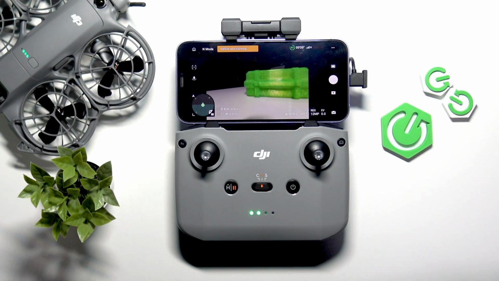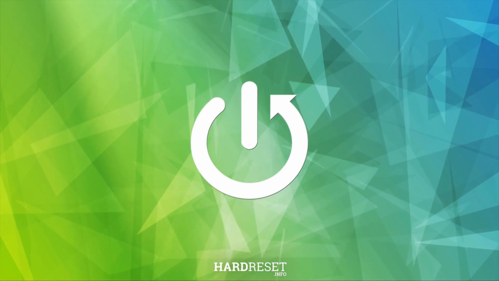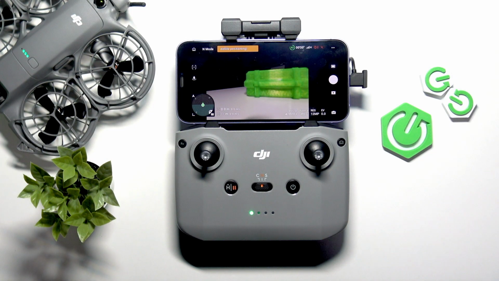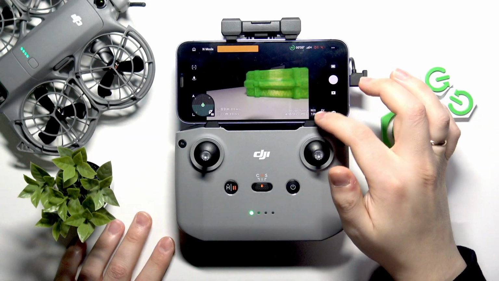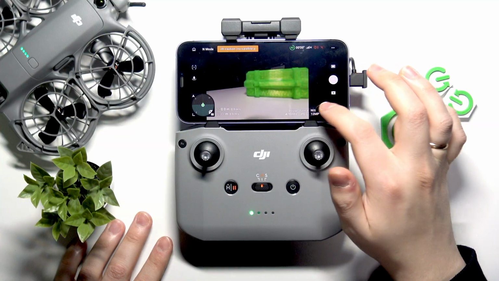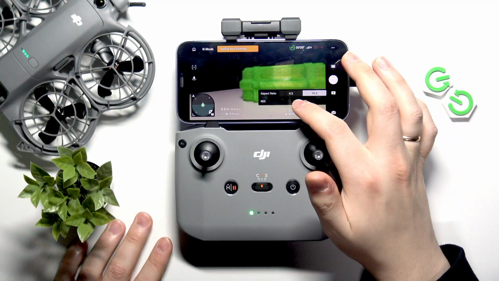This is DJI Neo 2 Fly More combo, and today I'll show how you can change the photo mode aspect ratio on this drone. So while in the automatic camera mode, just look at the available preferences. You can toggle, look for the resolution specifically, tap on it, and here you can switch the aspect ratio between